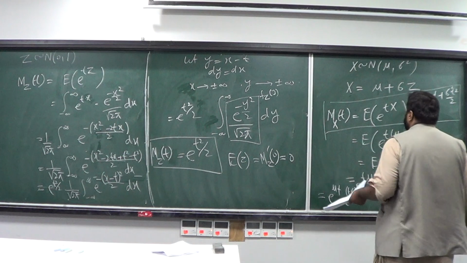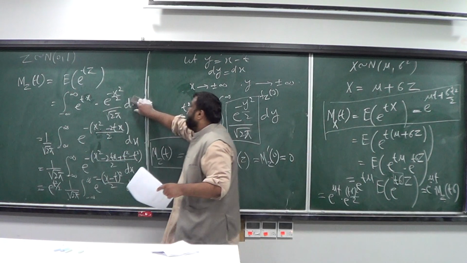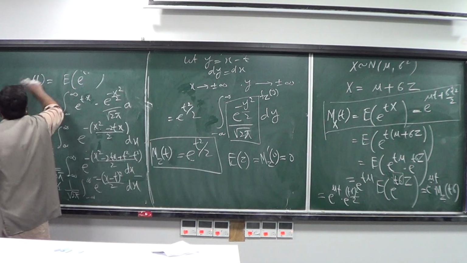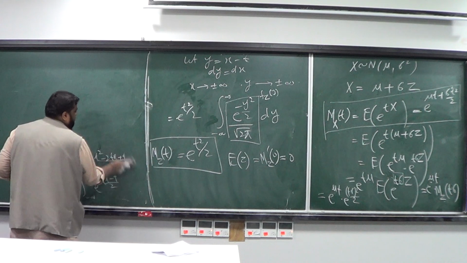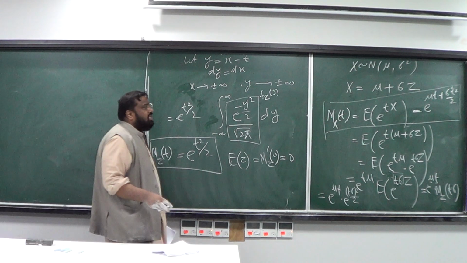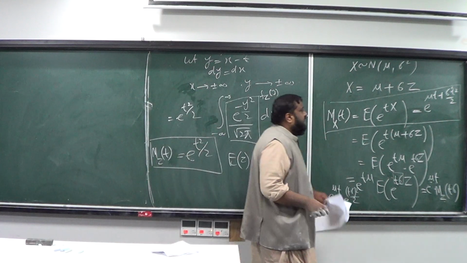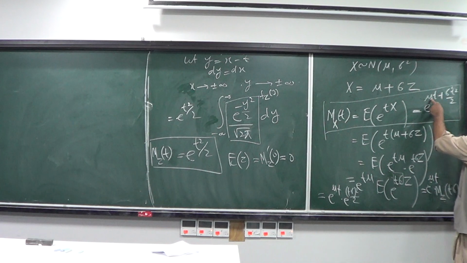Okay, so this is the moment generating function of X. And if you ask really whether this moment generating function can give us the expectation and variance, the answer is yes actually. I mean, you just need to simply differentiate this function, for example, once. So if you differentiate this function with respect to t, it's going to be mu plus